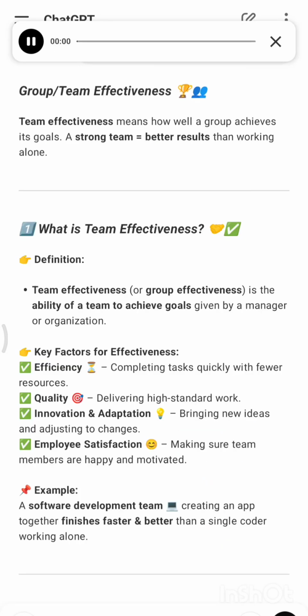Group team effectiveness. Team effectiveness means how well a group achieves its goals. A strong team, better results than working alone. 1. What is team effectiveness? Definition. Team effectiveness, or group effectiveness, is the ability of a team to achieve goals given by a manager or